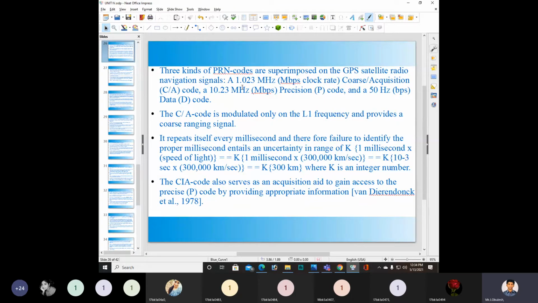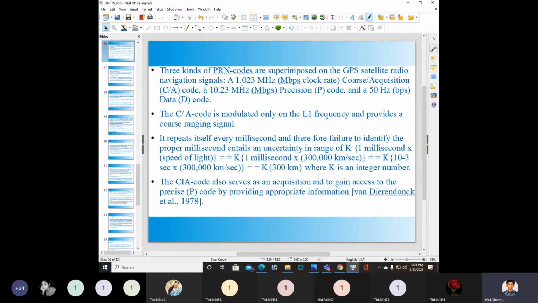And we have a data code frequency of 50 Hz. So we have to remember all these parameters. We already studied all this in the earlier units.